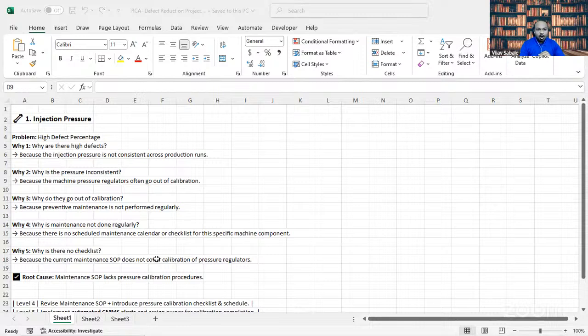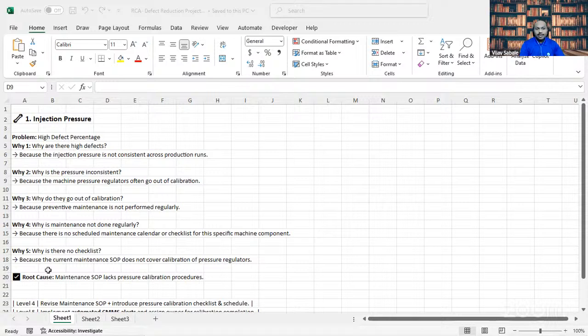If we can have an automated computer-managed system, right? So alerts and assign owner for calibration completion, right? Then unless and until it is getting followed, it is not going to be updated into the system. So you need to do it. Only then is it going to be updated, right? So this is the next level of solution, I can say. So this is better than level 4, but this is very good.